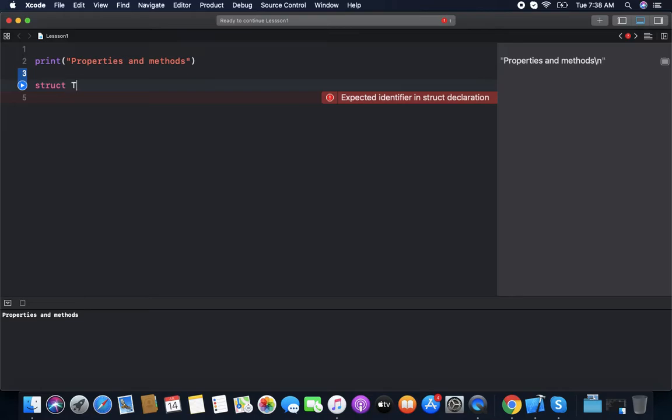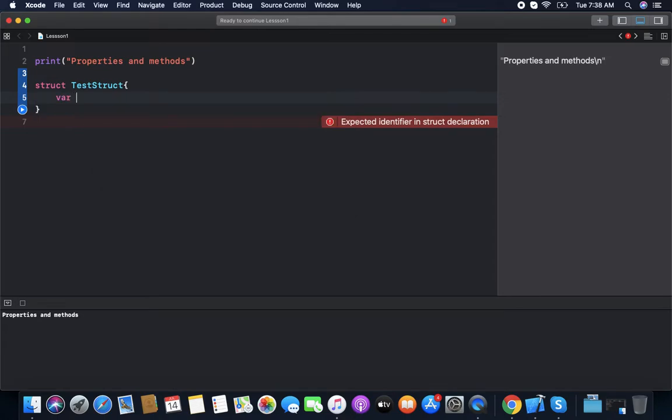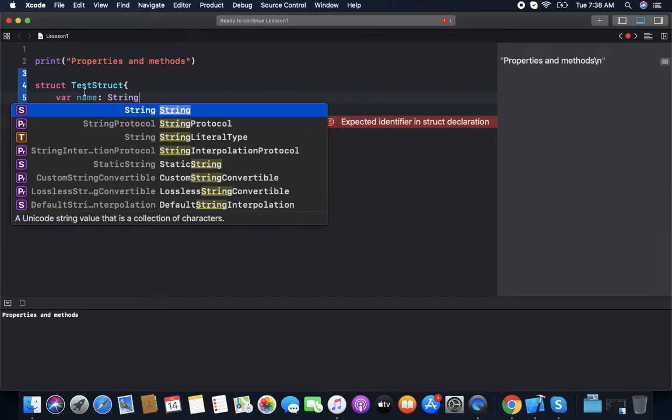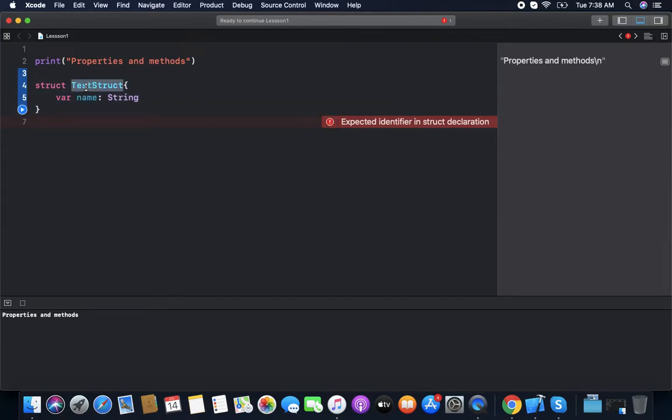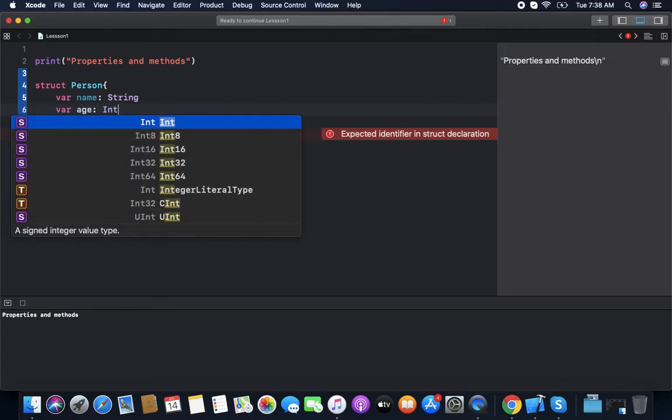We name it Person struct, and let's have properties: name String, and age. Then print.